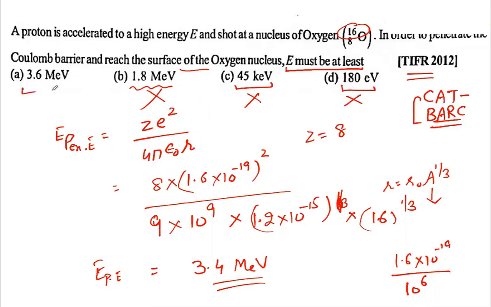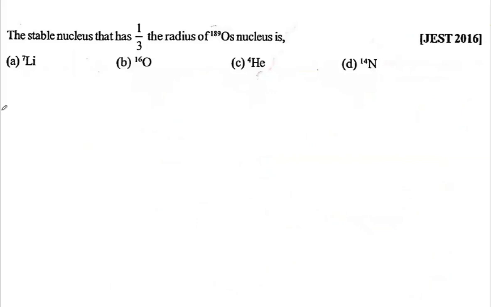So 3.6 mega electron volt. The proton must have an energy greater than this penetration energy if it wants to interact with this oxygen nucleus. So our correct option is option A. So the next question is